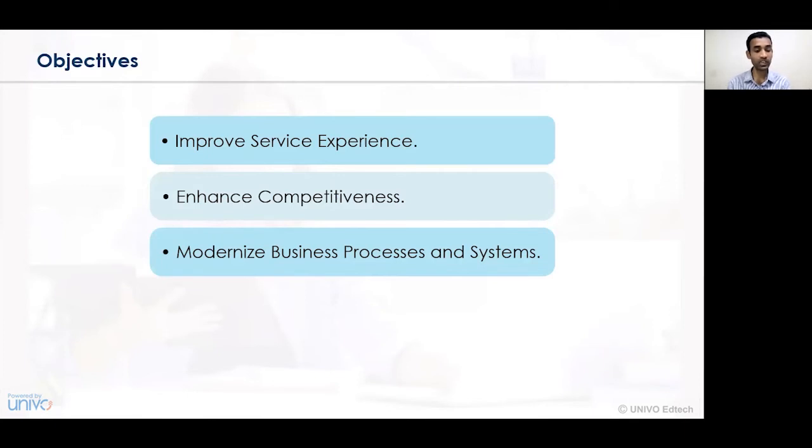And with the help of an ERP, we can have those considerations in a better considerable environment. So that is the concept of modernizing the business process and systems. The next objective that can be fulfilled with the help of ERP is automating business solutions. So all the business activities can be conducted in a very automated way, and it can be streamlined processes as to how each and every activity can be conducted one after another. So for automation of business solutions, ERP software helps the organization conduct those activities in a better planned and